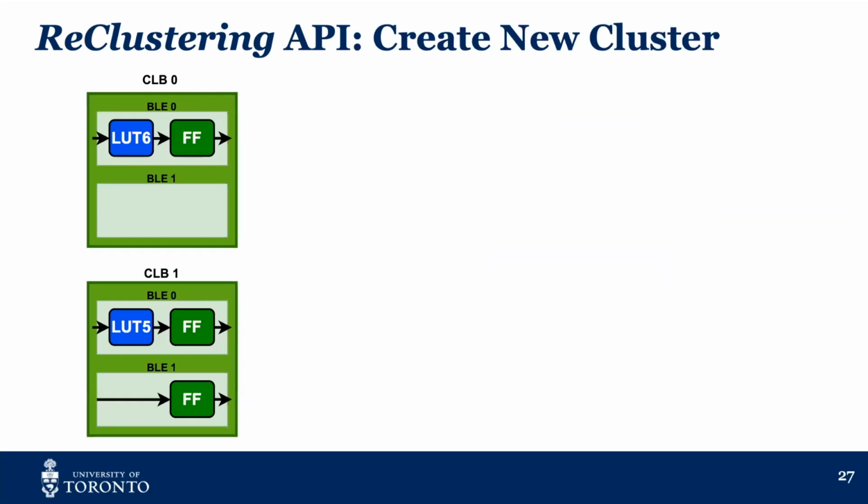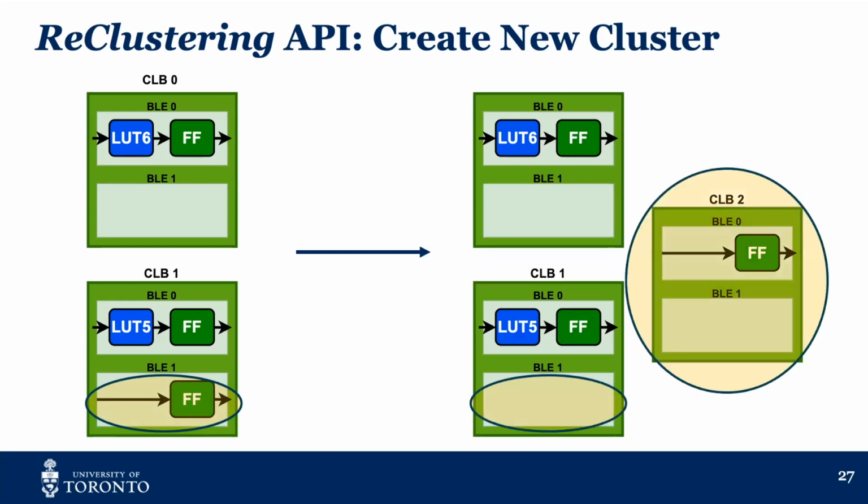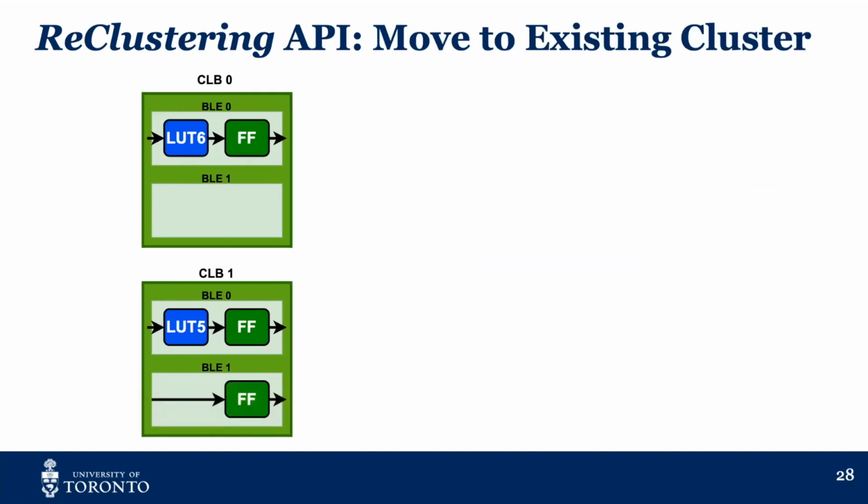The API has three different interfaces. First, an interface that is able to remove a primitive or a group of primitives from an already packed cluster and create a new cluster for it. Like in this case, moving this flip-flop from its own cluster and creating a new cluster for it, which is CLP2,